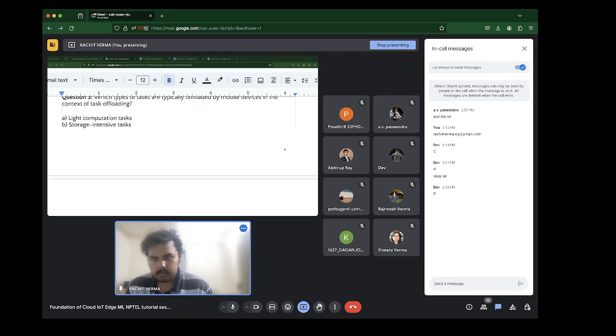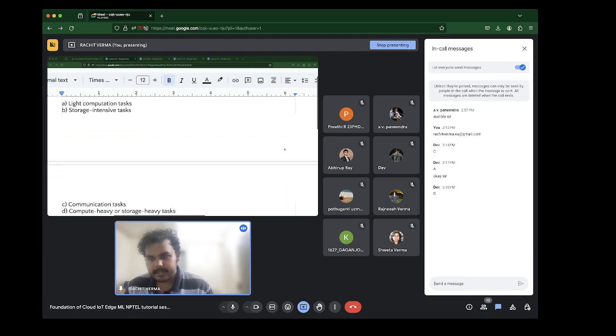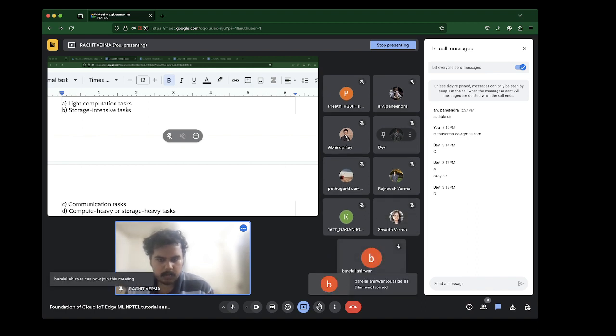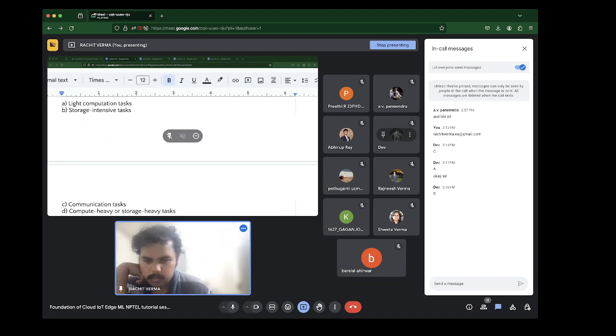Light computation, storage intensive, communication task, or compute heavy? Okay, fine. So the answer is D, compute heavy or storage tasks.